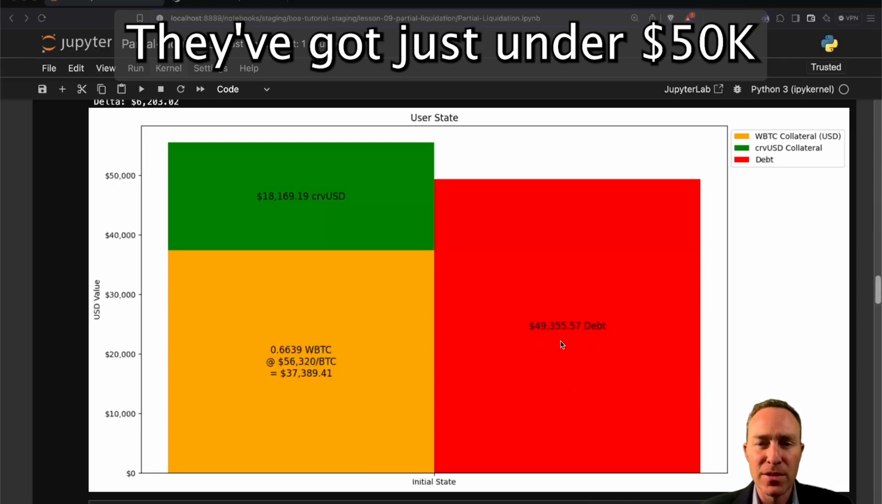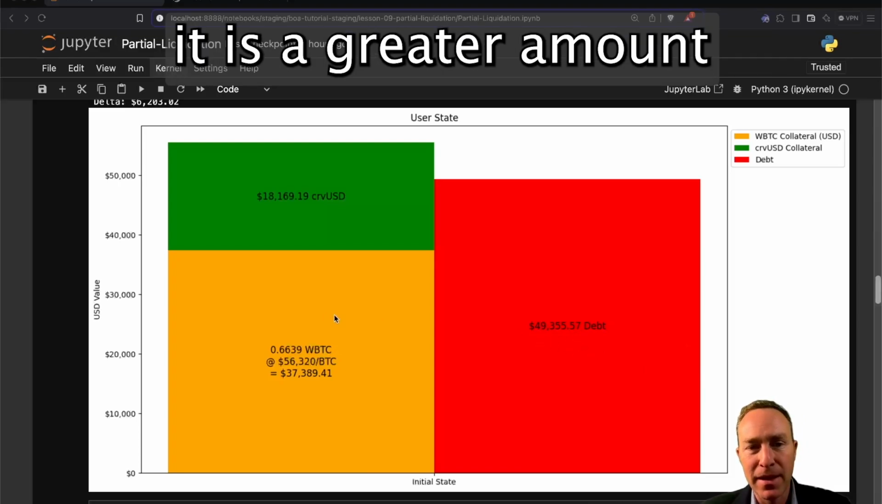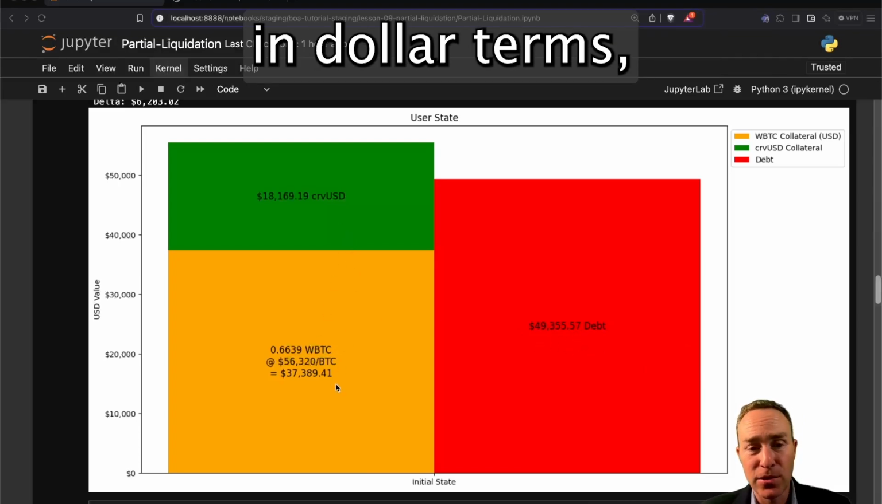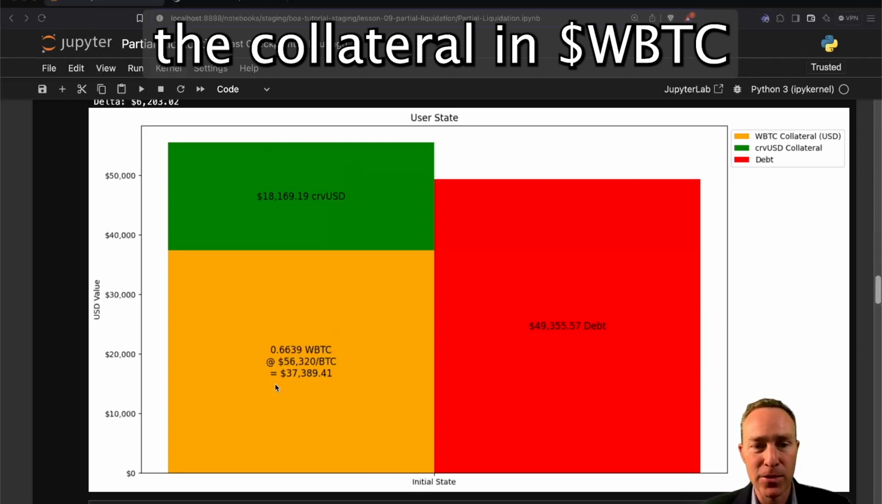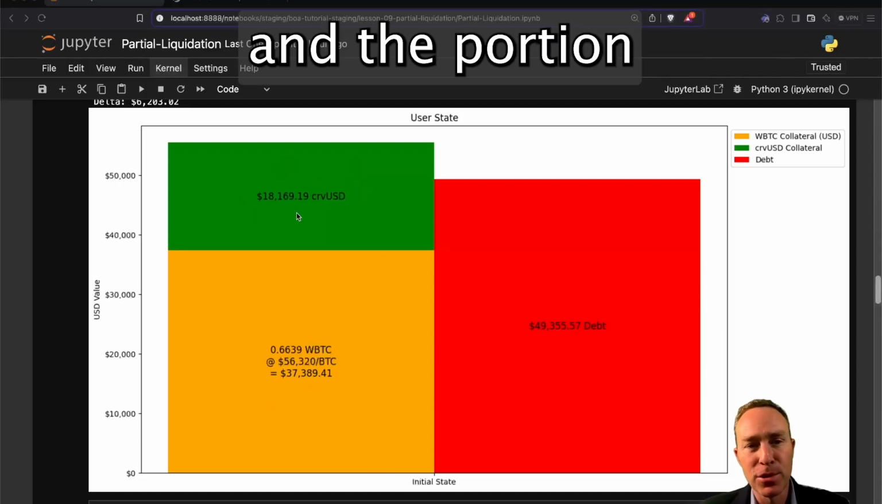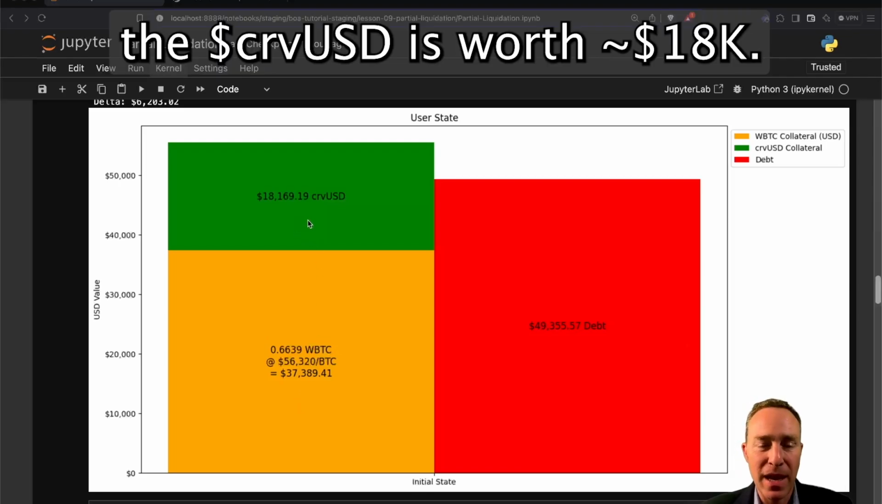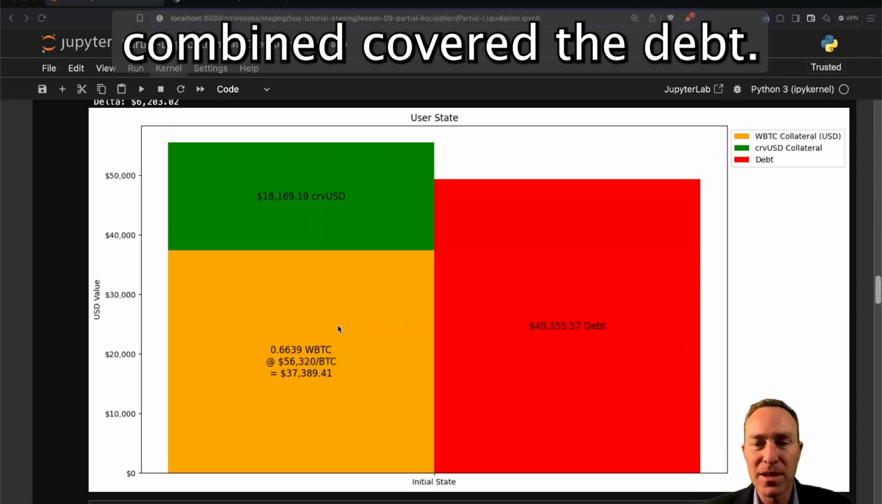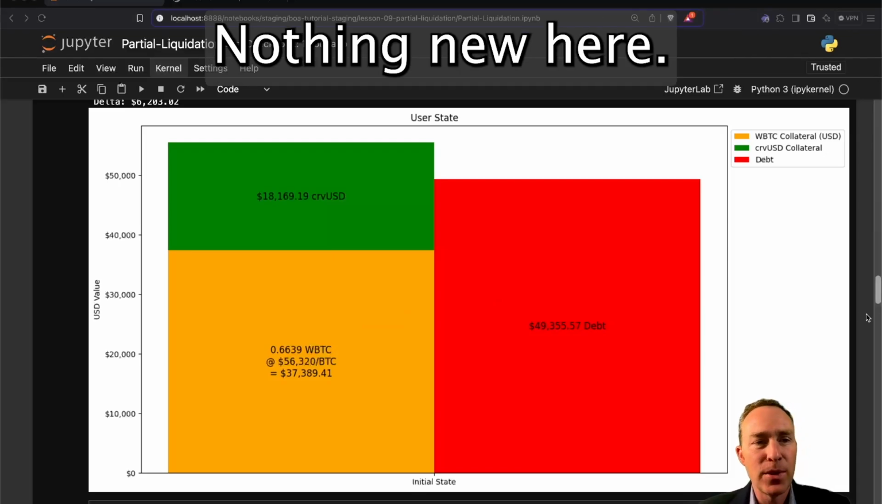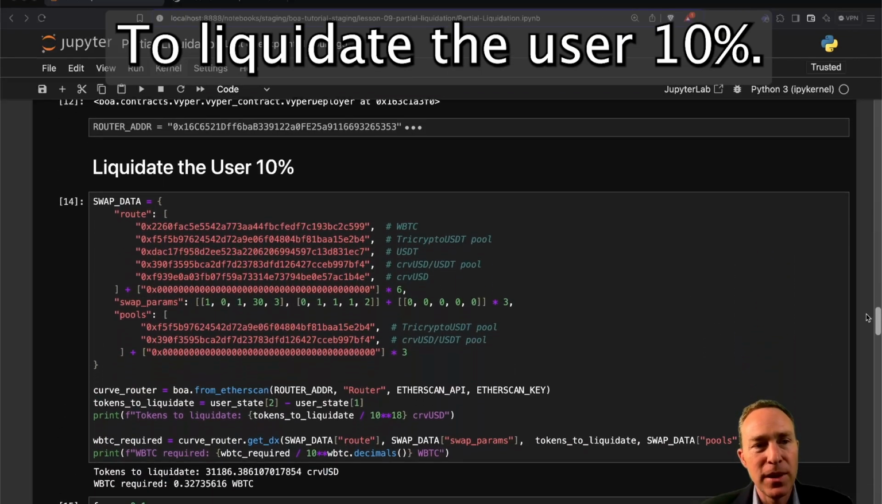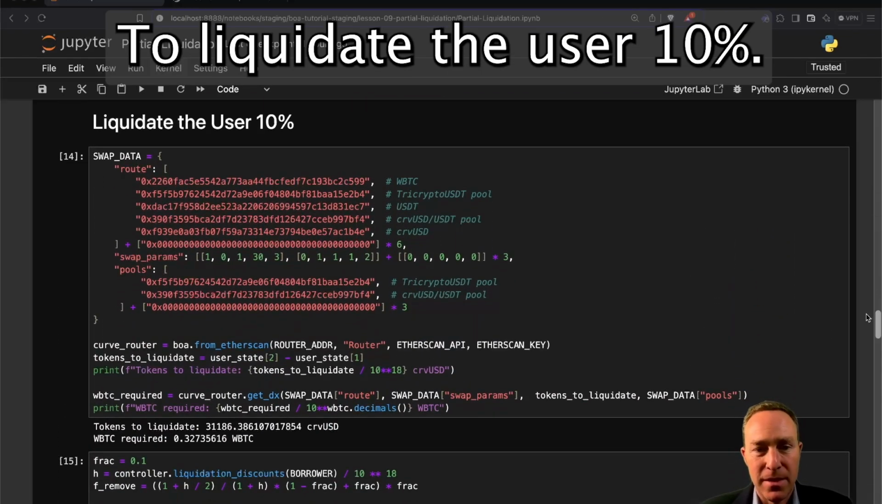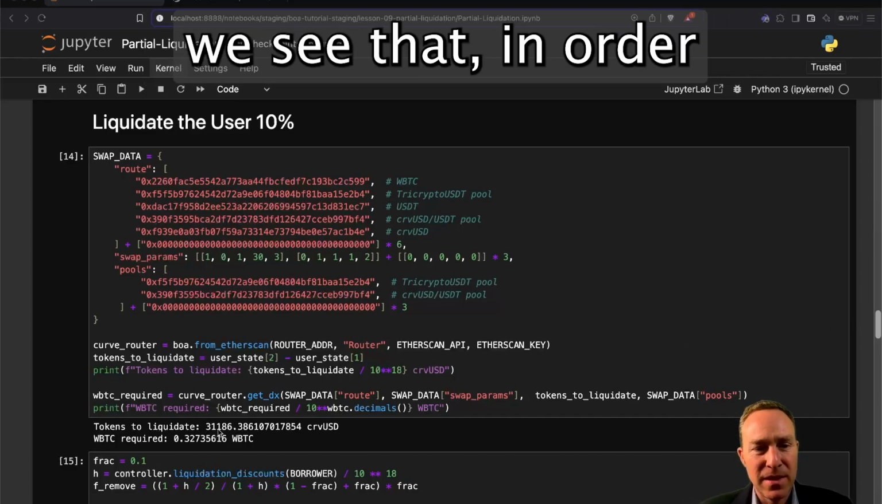They've got just under 50K in debt, and backing it is a greater amount in dollar terms if you combine the collateral in WBTC and the portion that's been converted to Curve USD. So the WBTC is worth about 37K, the Curve USD is worth 18K. The two amounts combined cover the debt. Nothing new here. To liquidate the user 10%, first thing we look at is we see that in order to